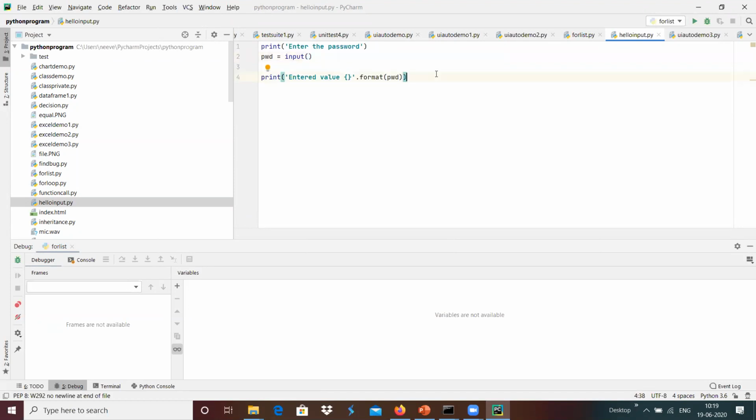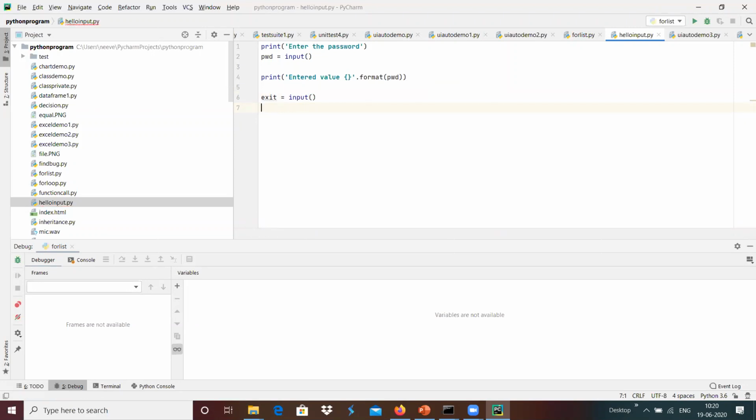Maybe something we can do is add another one over here, something like exit equals input over here.